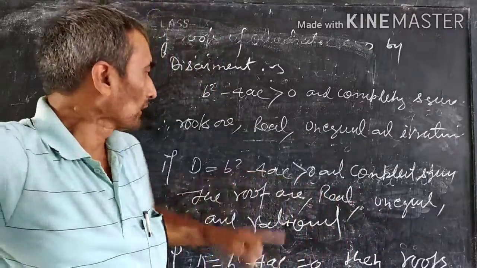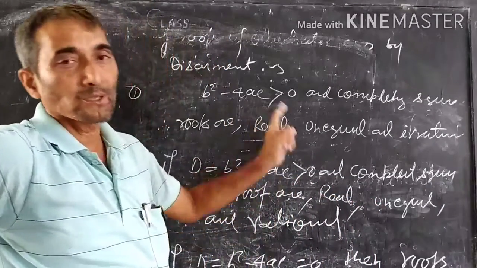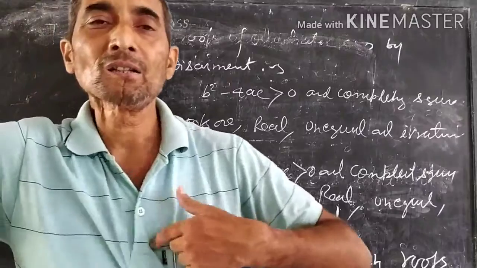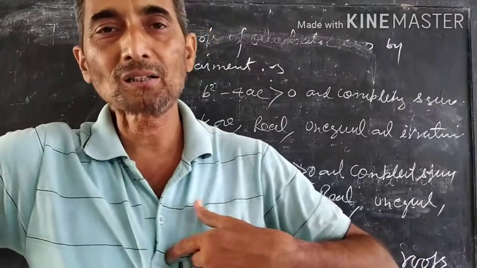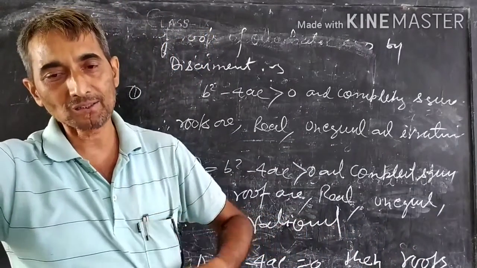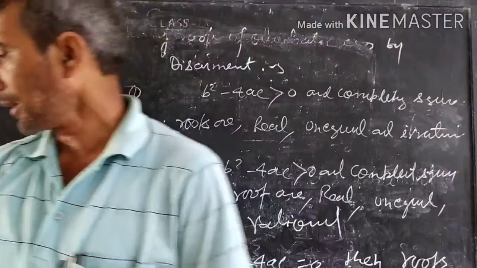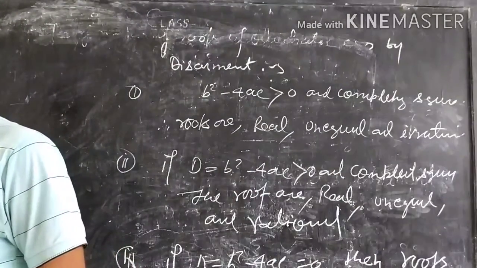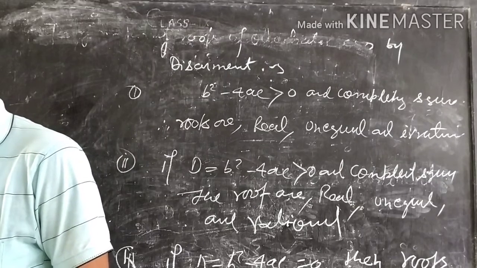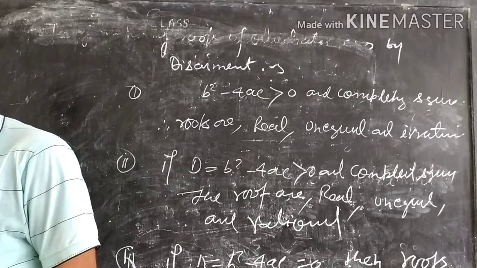If your amount matches these three points, then you can say that your roots are real, non-real, rational, non-rational, equal, unequal. So now question number 2, find the roots of the quadratic equation given in question number 1 above